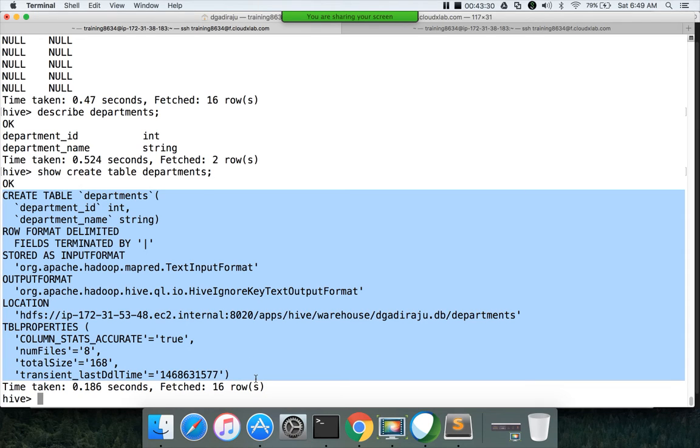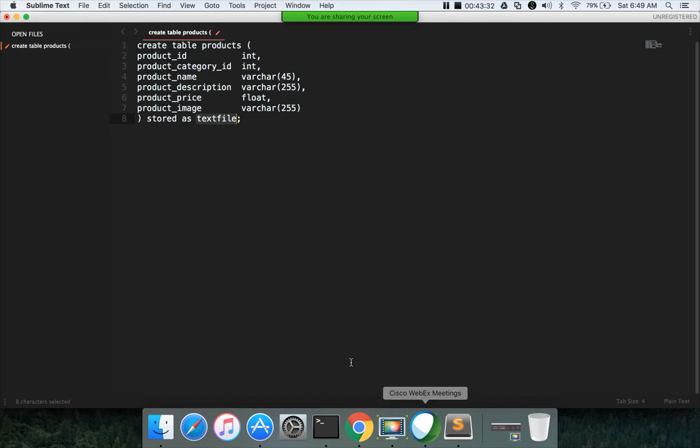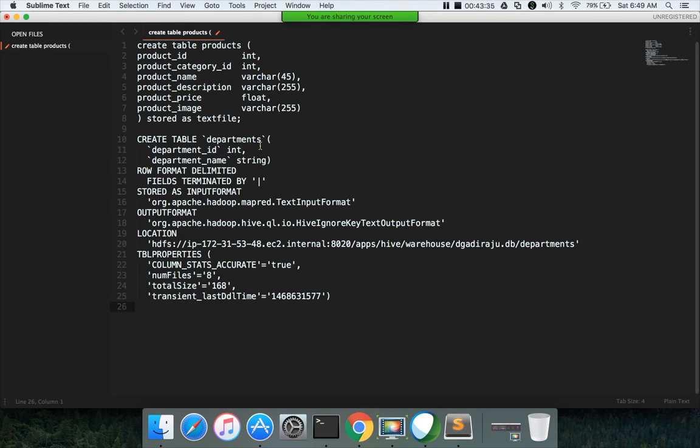Okay, so here we will copy this one, and we will replace the departments table name with departments another. That's the only change, and also the location we can specify even for the managed table. Even for the managed table, we can actually specify the location. Okay, so here we are directly specifying the location, and then we will try to run this command.